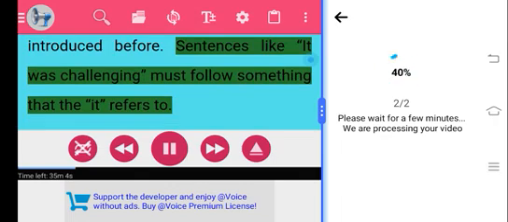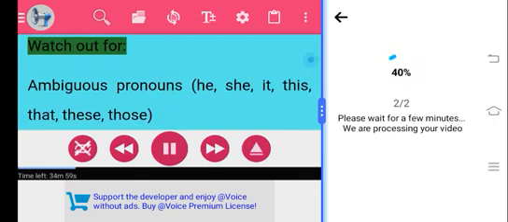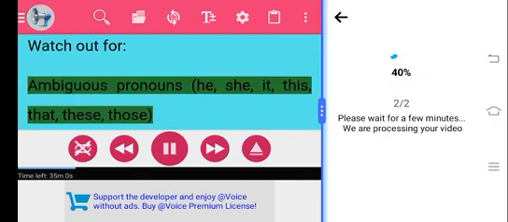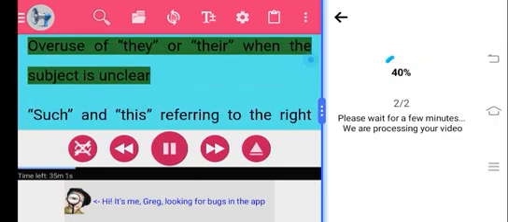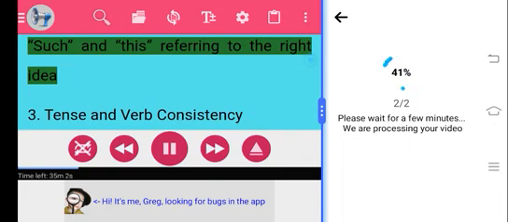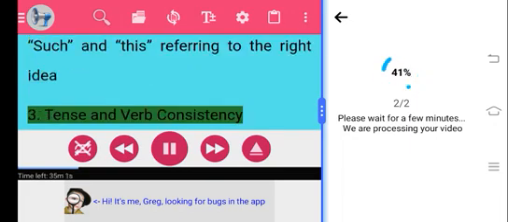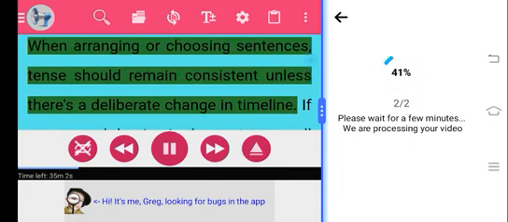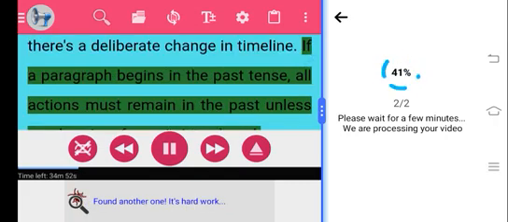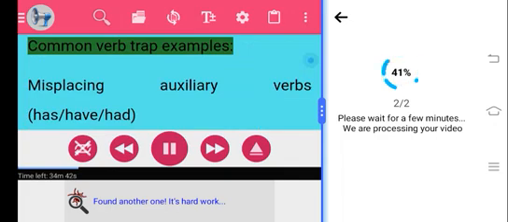2. Pronoun reference. Every pronoun must refer to a clear noun introduced before. Sentences like "it was challenging" must follow something that "it" refers to. Watch out for ambiguous pronouns: he, she, it, this, that, these, those. Use of "they" or "their" when the subject is unclear. And "this" referring to the right idea. 3. Tense and verb consistency. When arranging or choosing sentences, tense should remain consistent unless there's a deliberate change in timeline. If a paragraph begins in the past tense, all actions must remain in the past unless another time frame is introduced. Common verb trap examples: